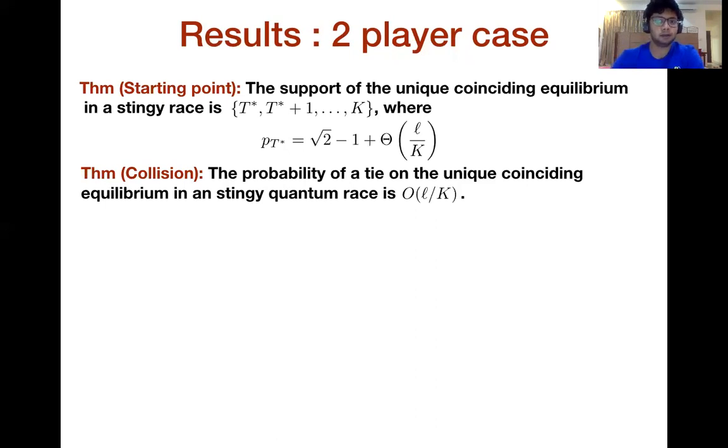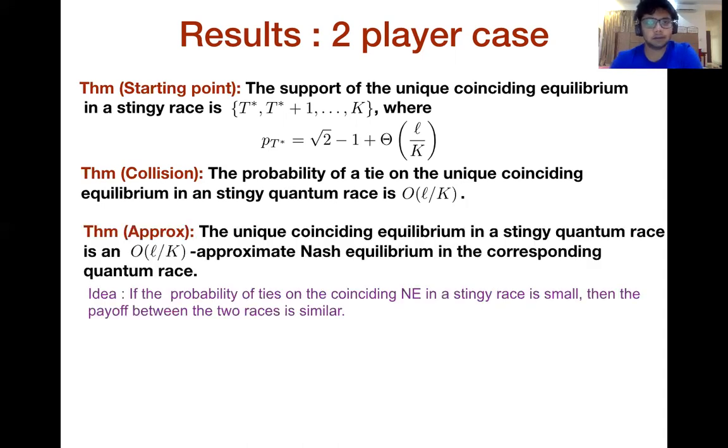The probability of a tie when 2 players are playing this unique coinciding equilibria is very low. And third, this unique coinciding equilibria in the stingy quantum race is actually a very good approximate Nash equilibria for